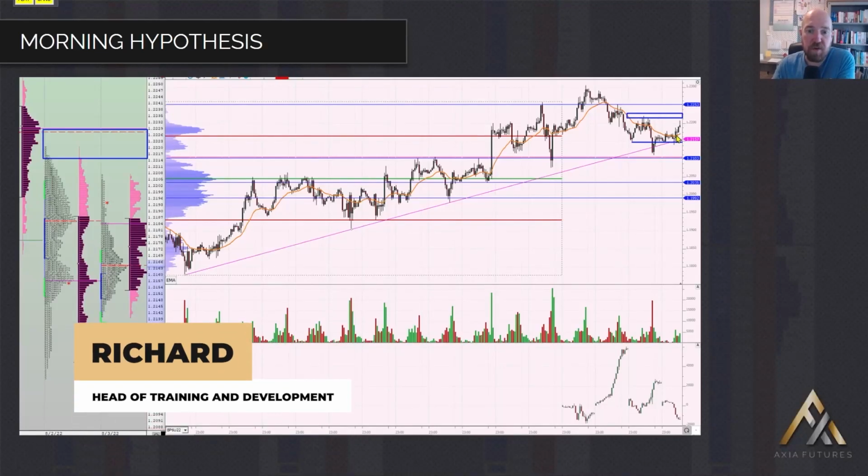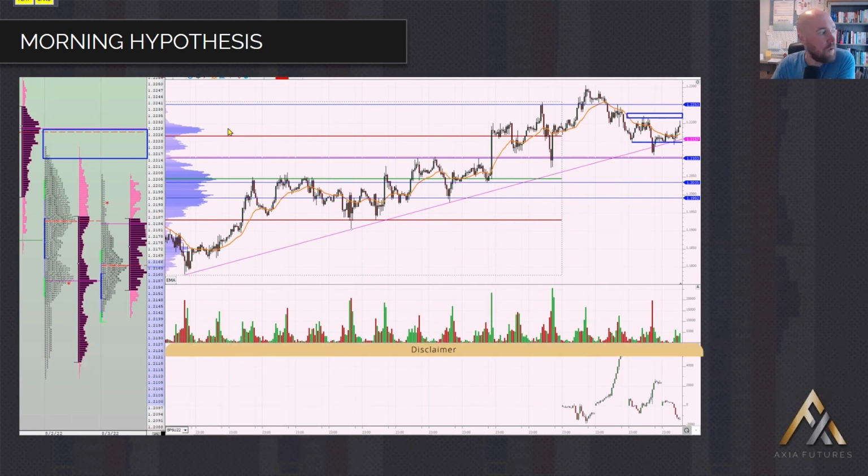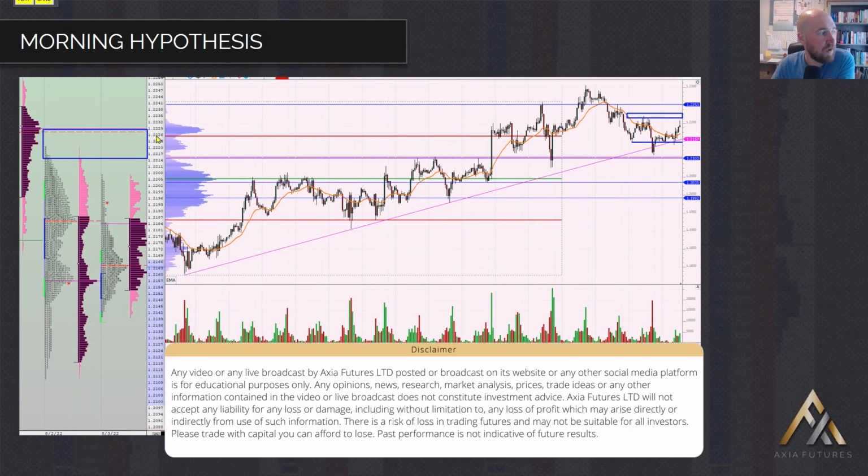You need a plan. You need to know where your references are, where your decisions can be made. And you'll see when this trades this area, previous highs up to VPOC, clear zone to sell from basically 15 to 30. Now, that's easy to say, and after the fact, you look at this and you go, well, that was an